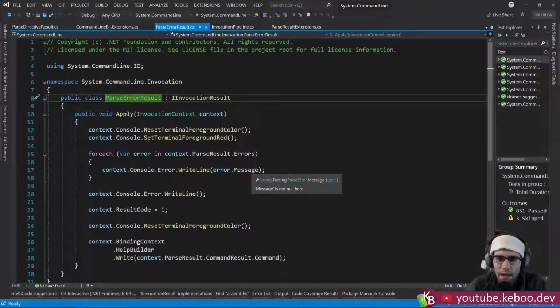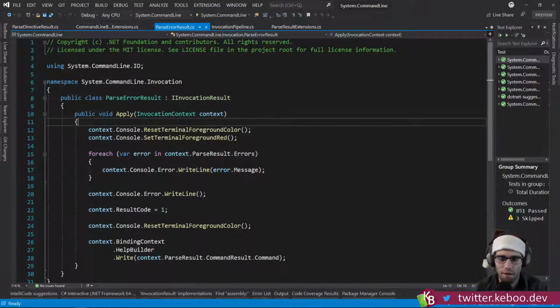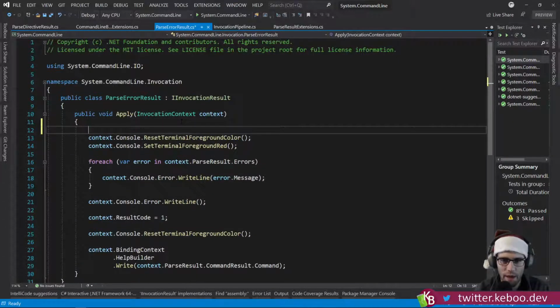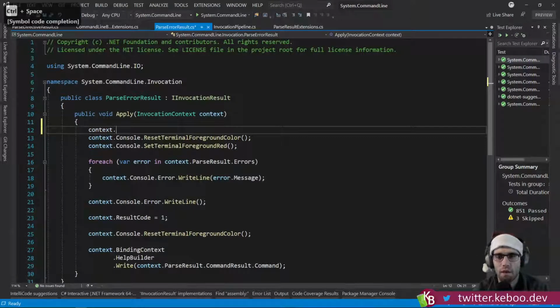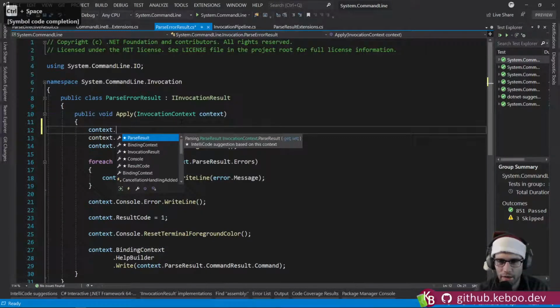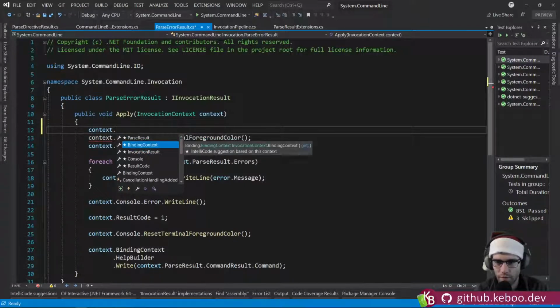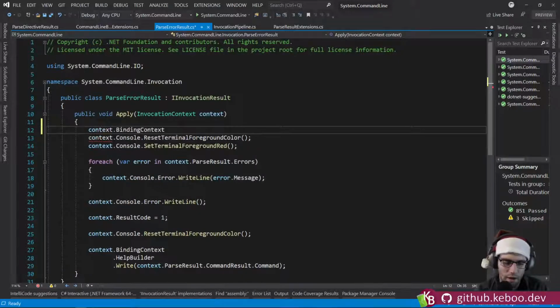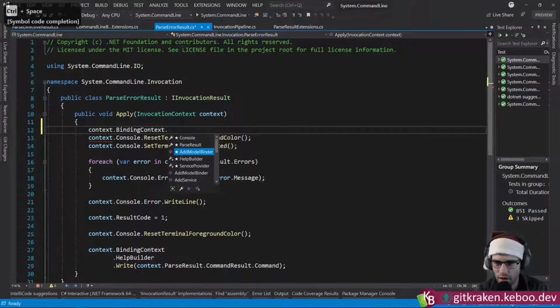I'm kind of thinking, so on this context, what exactly do we have, right? So this would be the obvious place to do some work, right? Parse result binding context. The problem is the configuration is sort of lost at this point,